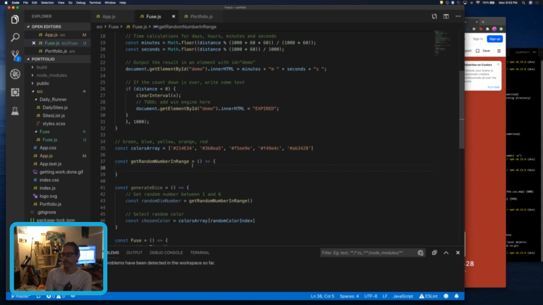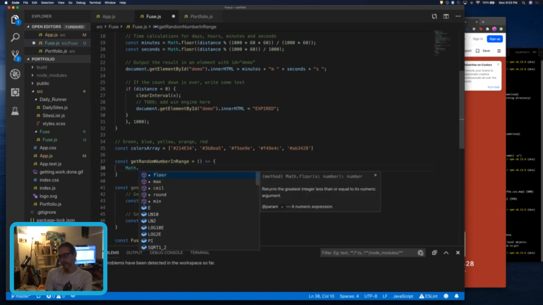So I think we're going to use the Math object, which is an object in JavaScript. There are different methods on there like floor, max, ceiling, round, and min. Thank you to my IDE. I love the fact that IDEs can give all of the suggestions, or autocompletes, I think is what they call them. So I think what we need to do, let's see, Math.floor basically,